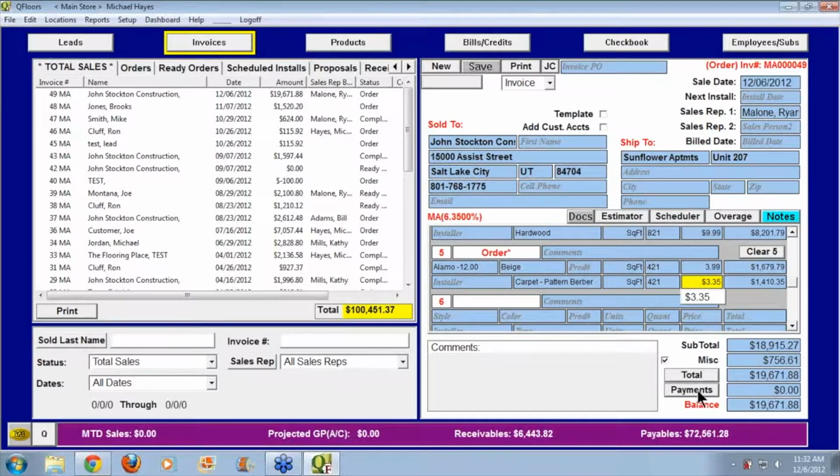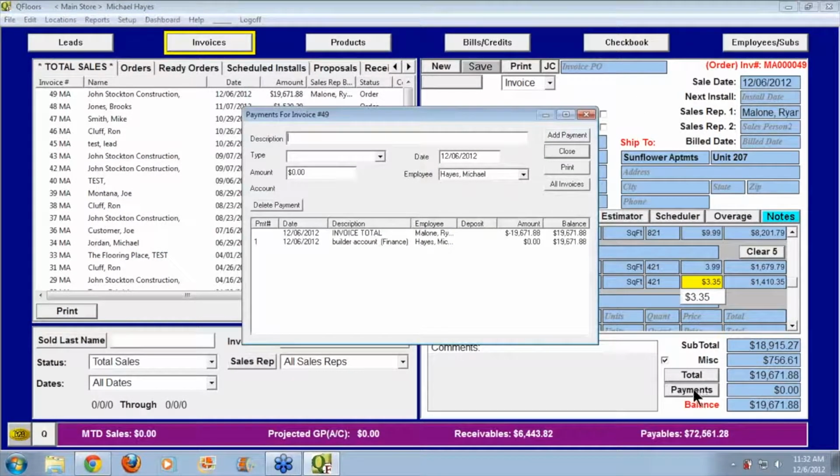Taking a payment, we plugged in that override payment. If we're actually receiving a payment from the customer, we'll type in a description. Maybe it's a check, and we'll type in what the check number was and what type of payment, what date, what amount,